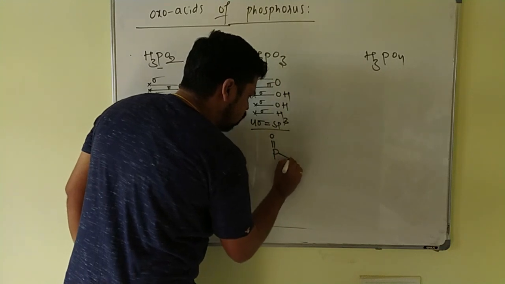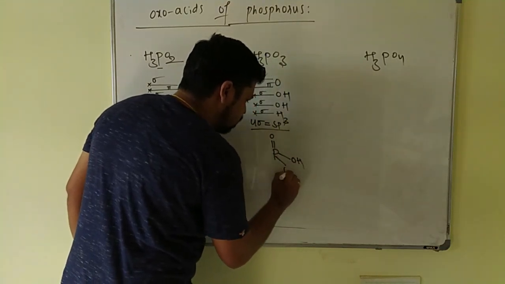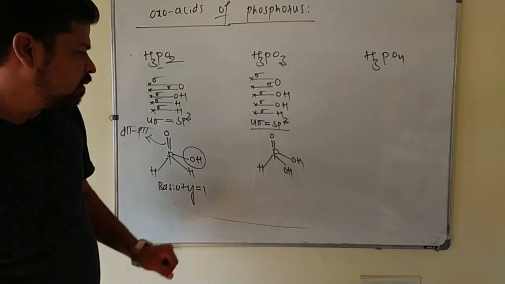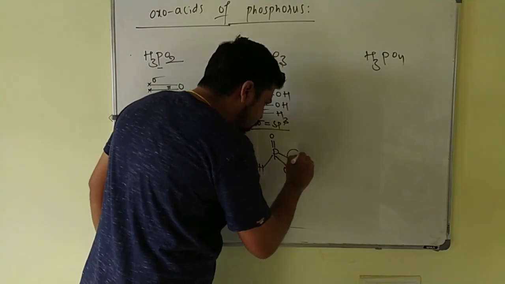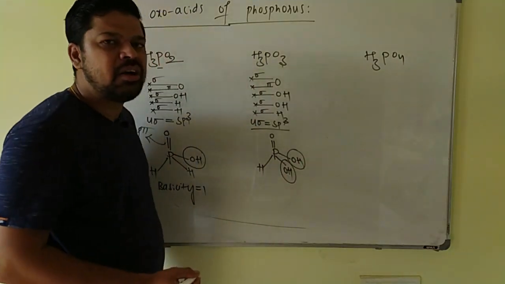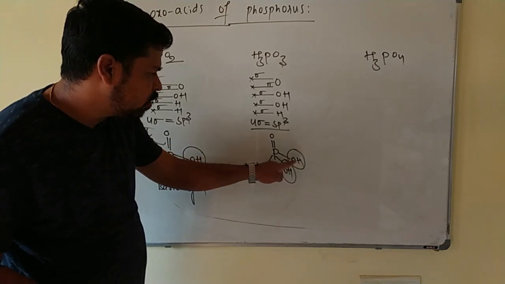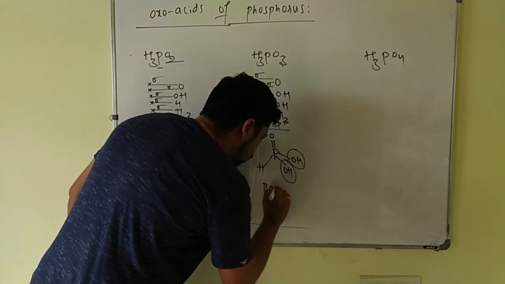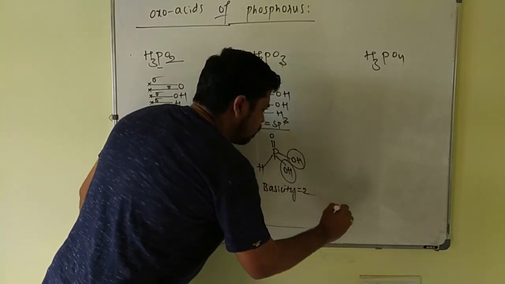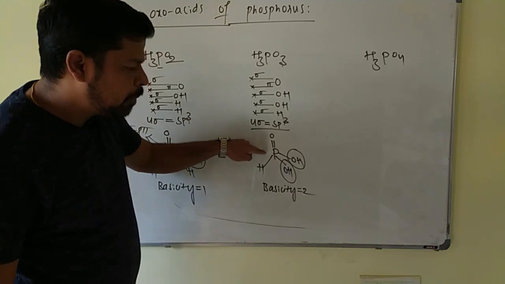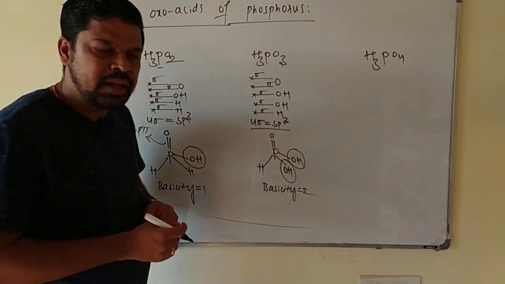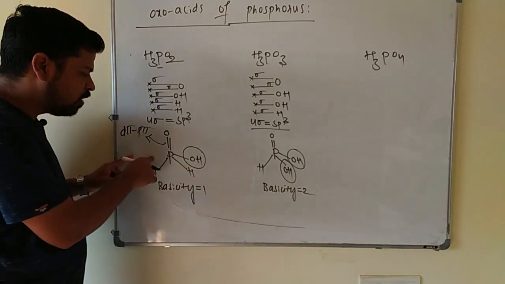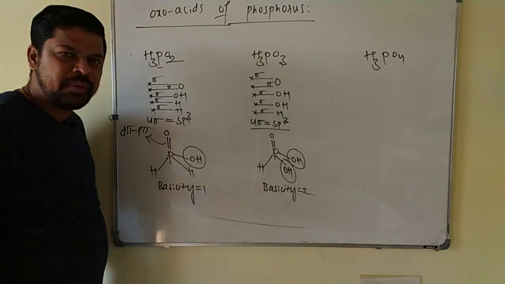This is a P double bond O, and this is a POH, and this is another POH, and only one PH bond is there. So now you see it is having 2 POH bonds, so that 2 hydrogens are coming out as H plus ion, because the hydrogens which are connected to the oxygen are only acidic in nature. So what is the basicity of this acid here? Basicity will be equal to 2 here, and it is having one PH bond, so it also has reducing property. But if you compare H3PO3 and H3PO2, H3PO2 is the stronger reducing agent, because it has 2 PH bonds and this is having only 1 PH bond.